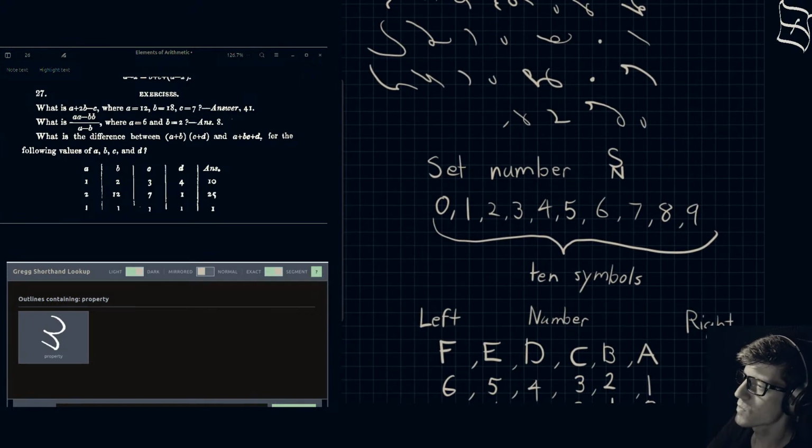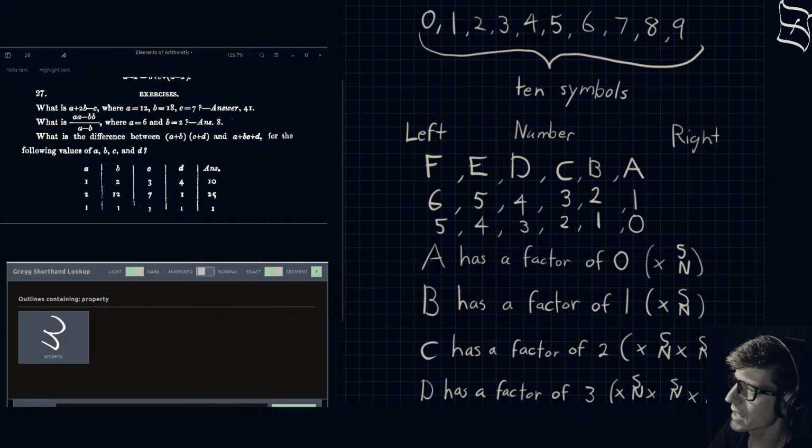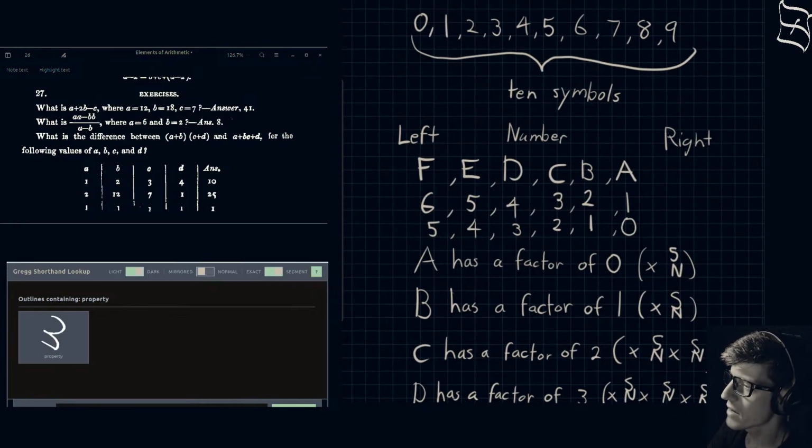And in this case, we dealt with the set of numbers, which was 1 through 9, right? And 0. So there were 10 symbols, and that was the set number. So therefore, if we're looking at a number and we're reading it out, we have our place value. Essentially what we were talking about was place value. We have the A position, B, C position, D, E, and F. First, second, third, fourth, fifth, and sixth.